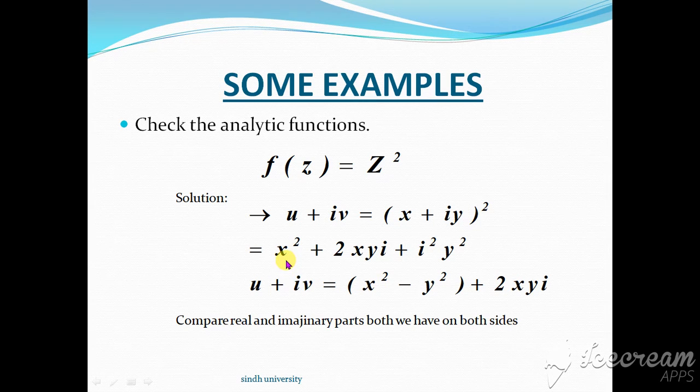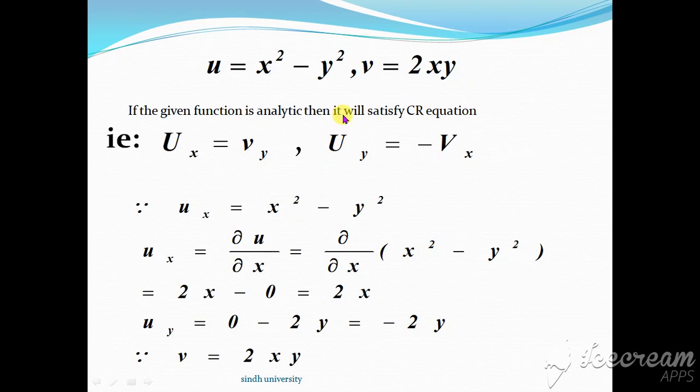It means x square is a real part and y square is also part of the real part. First we solve iota square: iota square is equal to minus 1, multiplied by the plus y square gives minus y square. Both of these are real parts, so we separate them into this form, and the imaginary part is this. This term involves the imaginary number iota, so 2xy iota is the imaginary part. Compare the real and imaginary parts on both sides. Okay, let's move on. u is equal to x square minus y square, comma v is equal to x